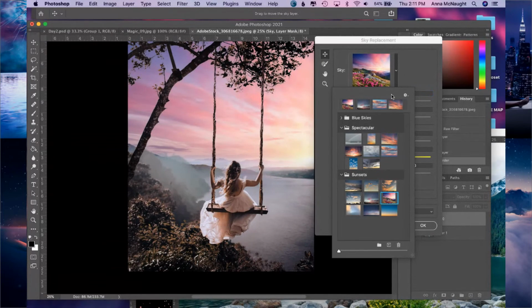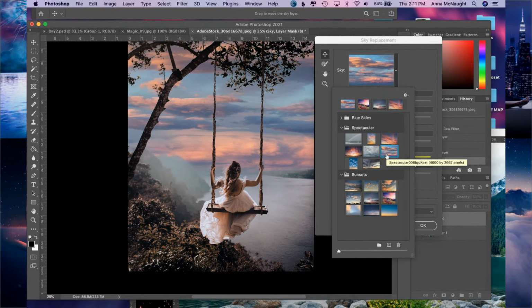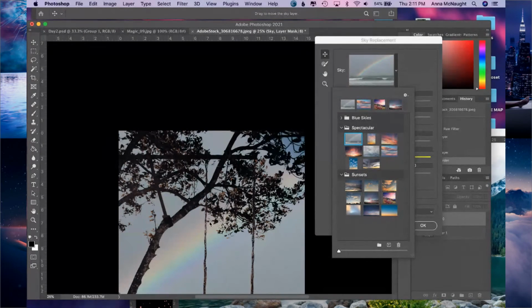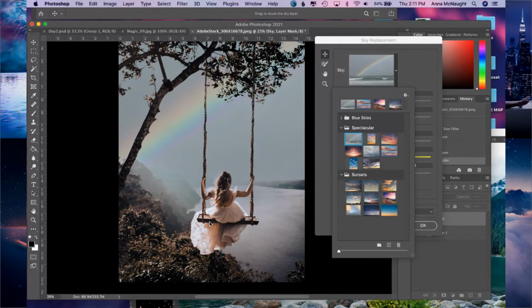It's pretty spectacular. I want to see some other skies and see what would happen here. No one's going to see me for the rest of the day. I'm just going to be in here. Once you get a taste, yep. Ooh. Oh, that's actually pretty cool. I love that. That works really well. I think I might have to go with that one. I want to see some blue skies too.